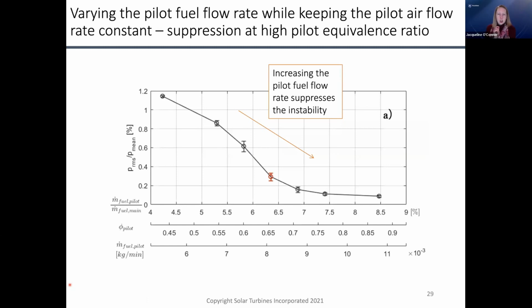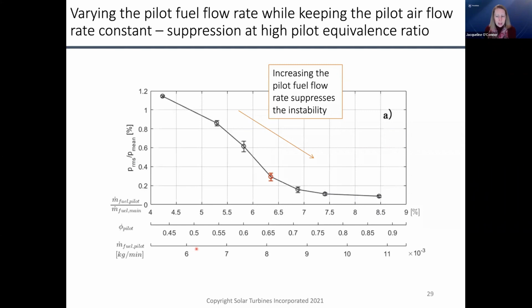So Ji-Hong designed a really, really clever experiment. What he did was he modified the fuel injector so that he could change both the pilot flow rate as well as the pilot equivalence ratio separately. What this chart shows, a lot of things. On the x-axis is what I'd pay attention to is the equivalence ratio of the pilot flame. The equivalence ratio of the main flame here is 0.6. And as you increase the equivalence ratio of the pilot flame, you reduce the level of pressure fluctuation inside the